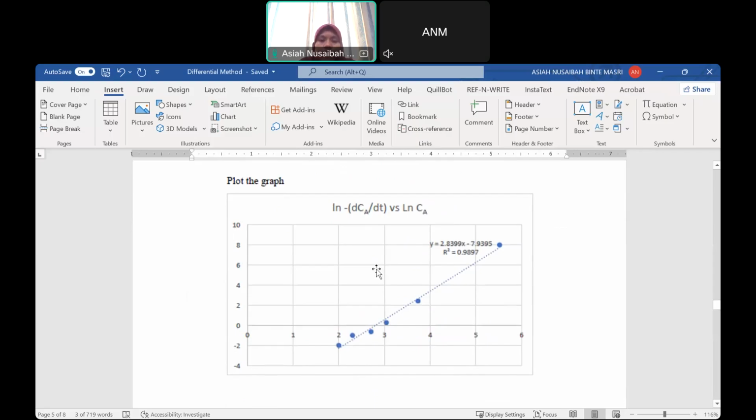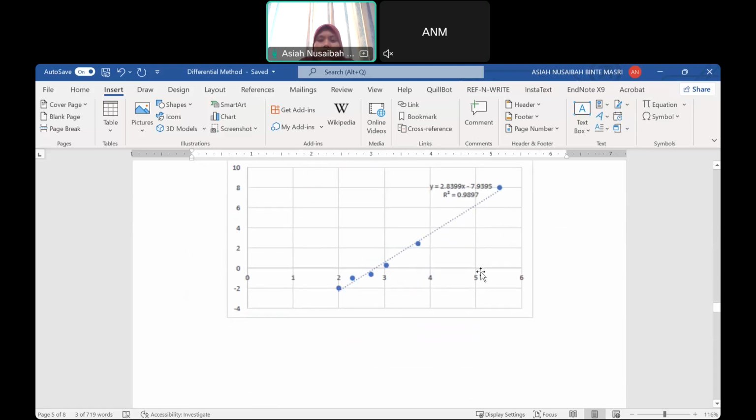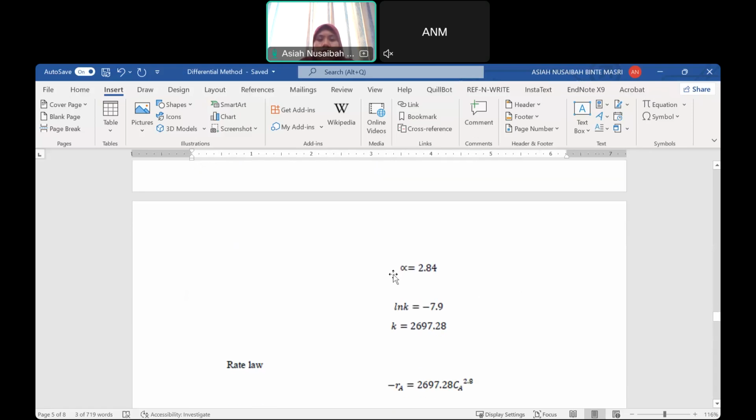If you plot using Excel, you directly get the equation. But if not, you can simply find the slope to get your order and then find your intercept from the graph. Solving that, you will get your alpha is 2.84, and then ln k, the intercept, equals minus 0.9. This k equals